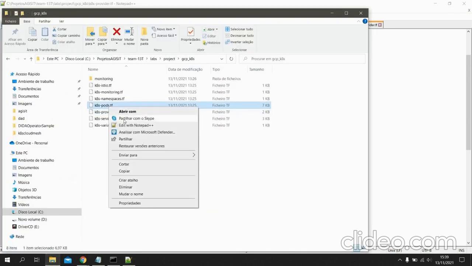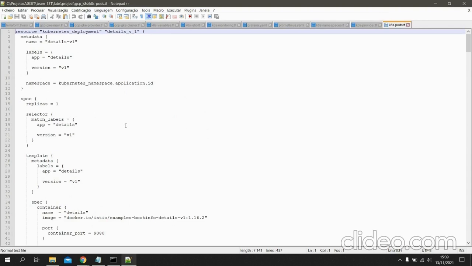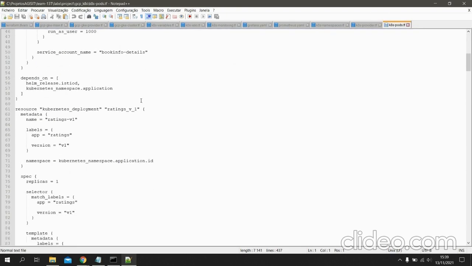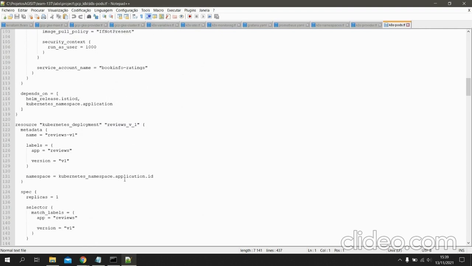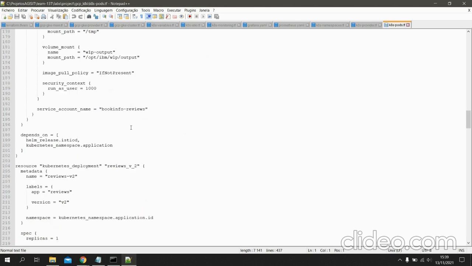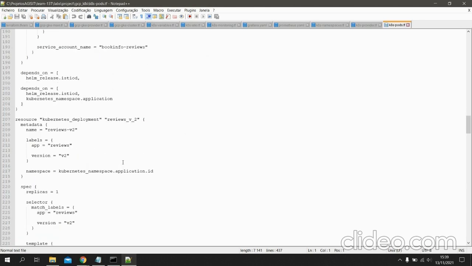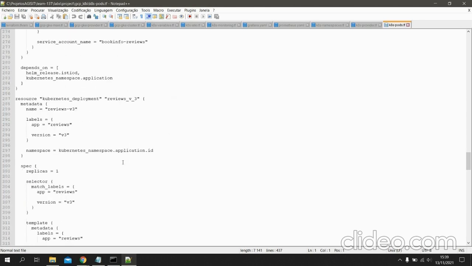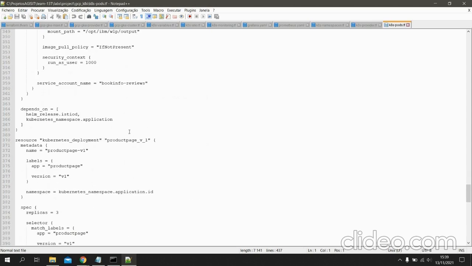Now the pods and the services. For the pods, this file represents the pods. We have several: the details, the ratings, the reviews. We have the three different versions of the reviews that I talked about, and the product page.